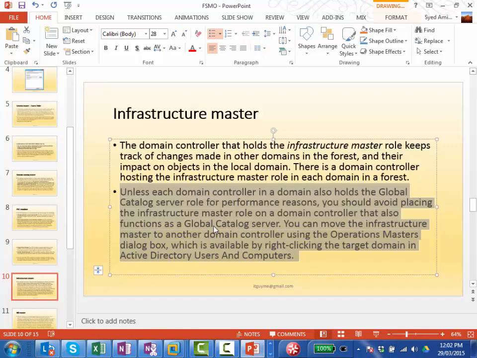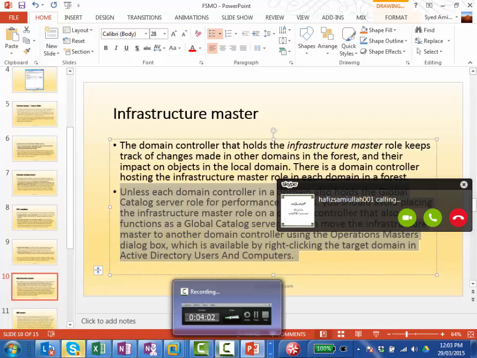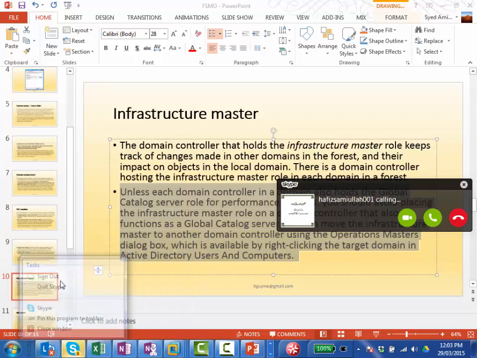Because there's only one server. If the global catalog server is not enabled on the only domain controller we have, then users cannot search anything across the forest. The global catalog is a catalog, right? You don't have an option to uncheck it. So that's why it's grayed out, because we don't have an option to uncheck it. Uncheck, because one is compulsory. If you have the option of only one and you